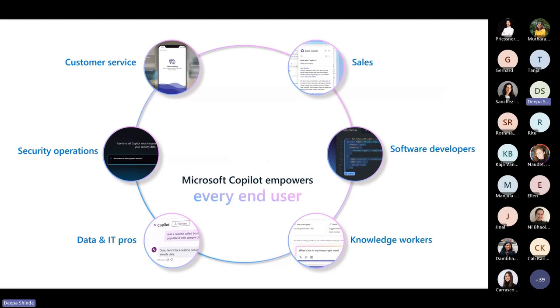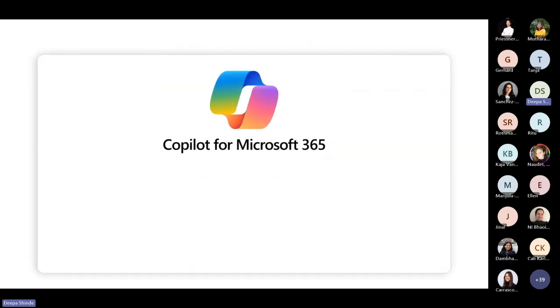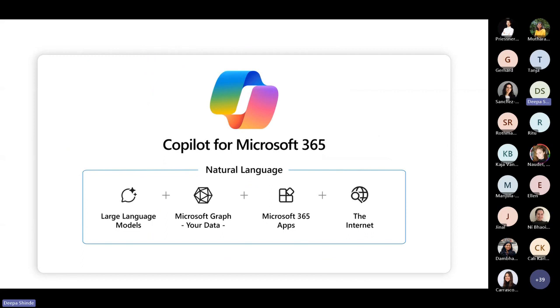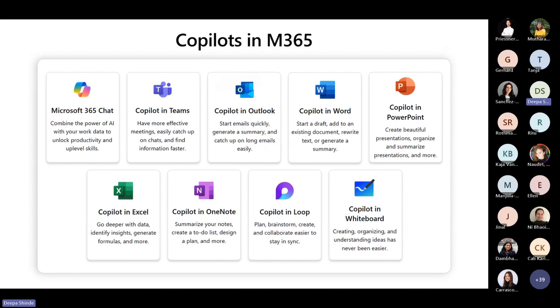Now we have multiple Copilots which are managed, available within the Microsoft ecosystem. Again, I'm not going to drain you guys through that, but I want you to be aware of it, that there are Copilots on M365, which some of you would have had access to previously, but there are multiple Copilots that are available already, which are managed, and they work on top of M365 data. These are managed Copilots in the sense you don't have to build anything. These Copilots are there already on Office services, on Teams, on Outlook, in Loop, in OneNote, and they are there to support you to create content or understand content quicker.